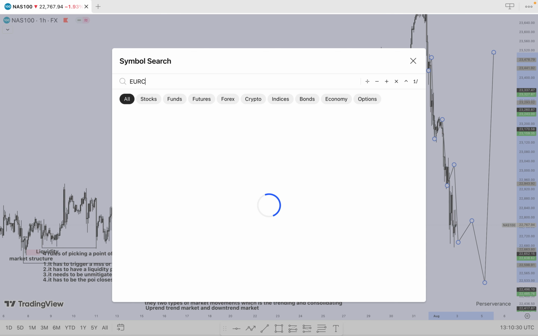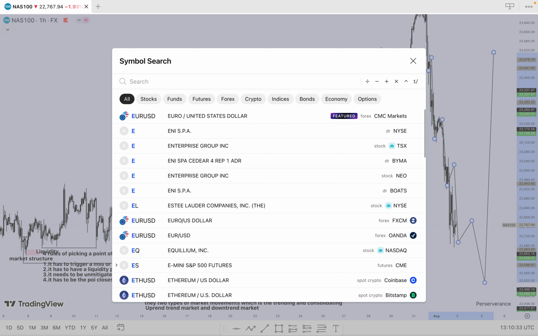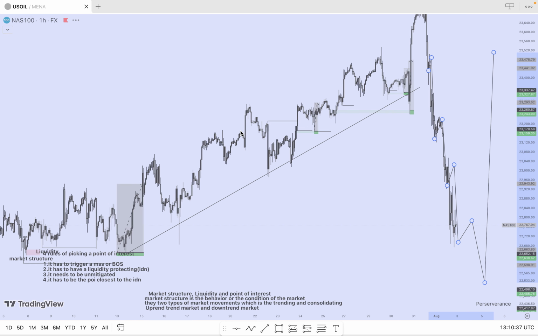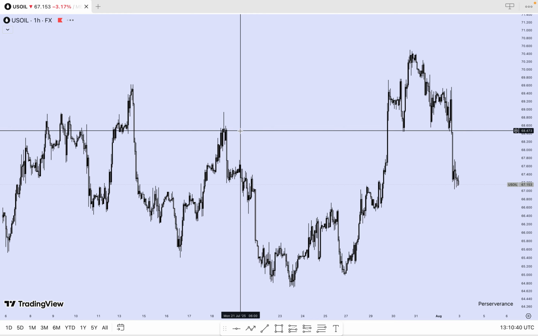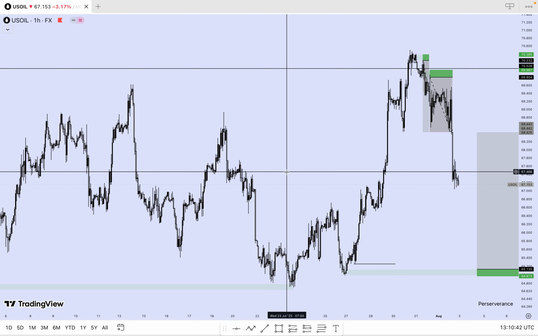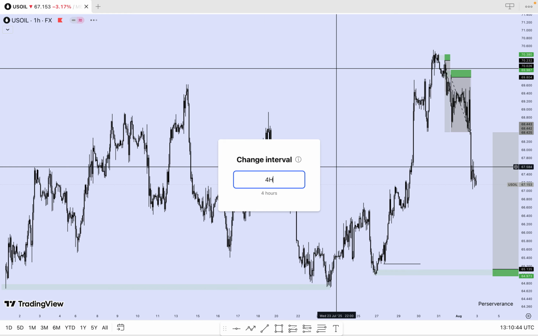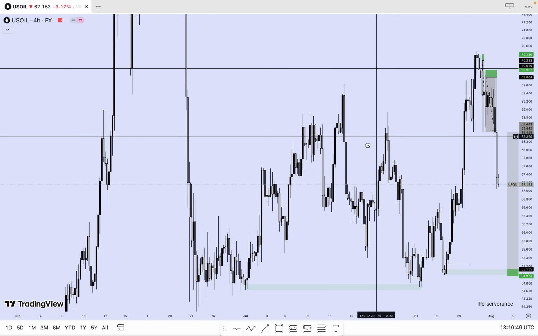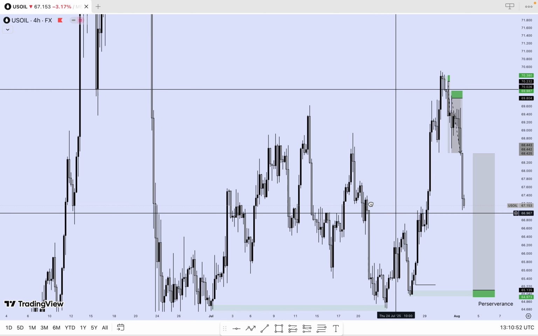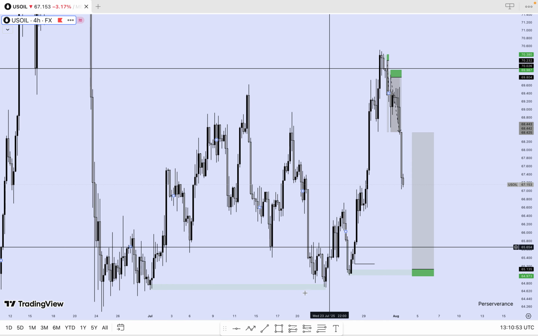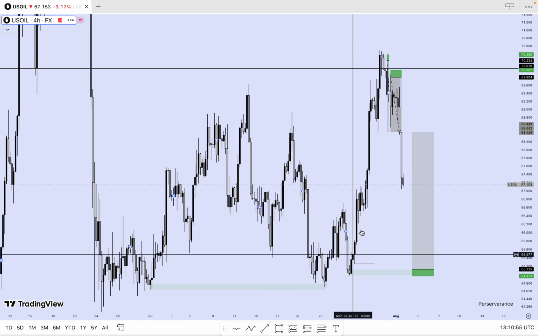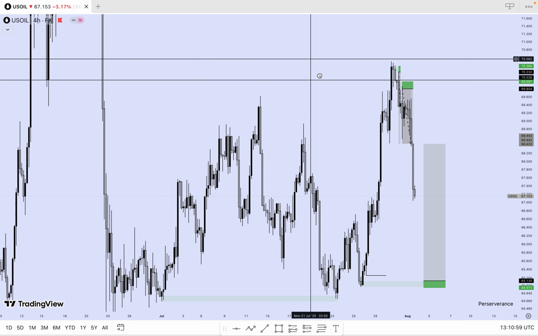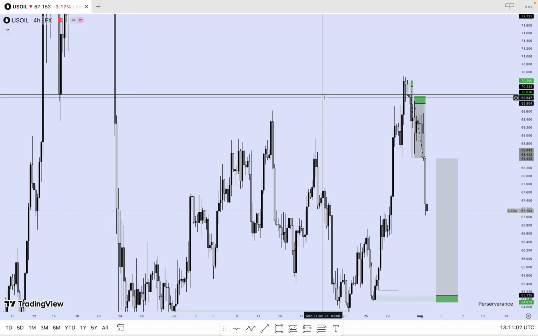So let me use US oil for example. Now you see that the market is in an uptrend, right? Price was creating higher highs and higher lows. But then price came to this 4-hour resistance level, this 4-hour level,